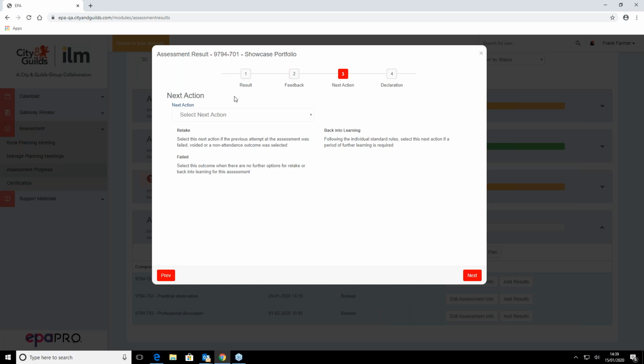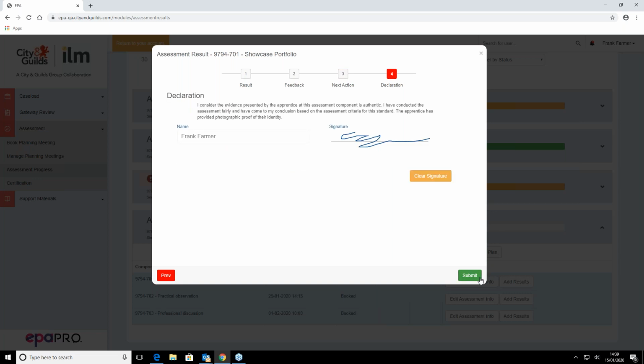So number 3, it says next action. You would only use this if the component had failed. As this has passed, we're going to skip past this one. To section 4. Within EPA Pro, when you log on for the first time, you will be able to actually